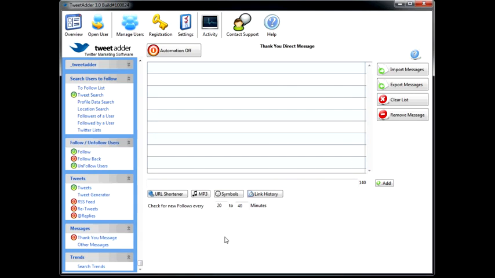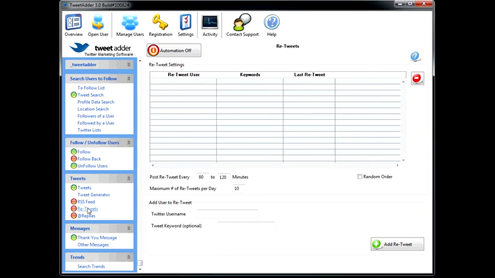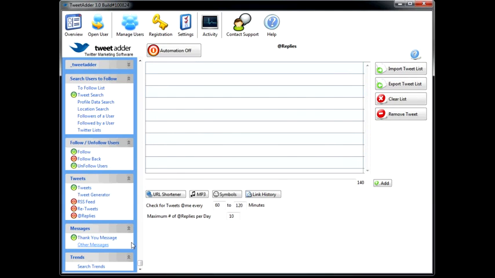And that covers that. Like I said, there's a lot of other search criteria. Once you have that on, you just turn on your automation. There's a lot of other search features in here. You've got the @reply tweets and all these pieces here. But again, for small business, this doesn't really serve you, and it's not personal. Auto-responding retweets, auto-responding replies, there's no way you can really get that natural. So I'm not really going to cover that because I don't feel you really should be doing something like that